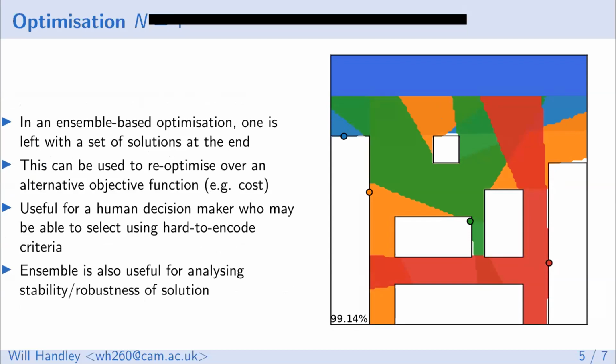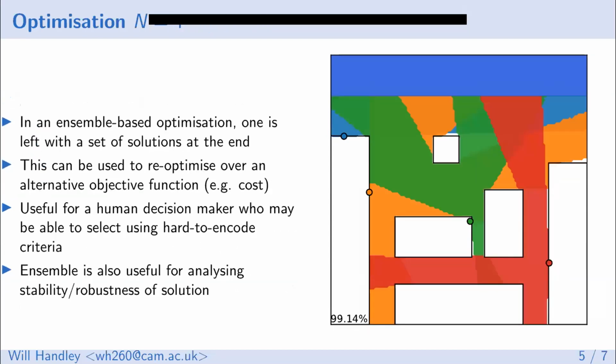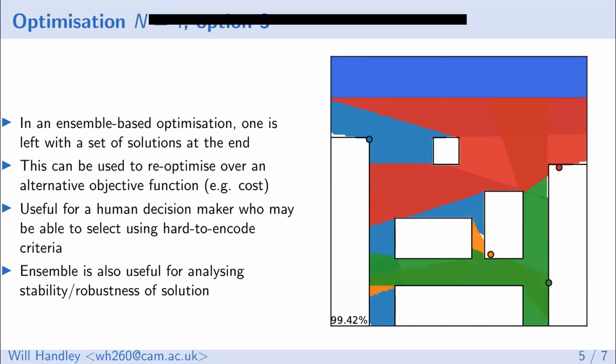And just a few more points about ensemble-based optimizations in this way. Whenever you do an ensemble-based optimization, you're left with a set of solutions at the end, and this set of solutions can be useful for many reasons. One thing which I think DSTL said they were interested in is that it's very useful for analyzing the stability or robustness of solutions. So here I take some other good solutions that come out of this ensemble, and you can see that as I flip between them,